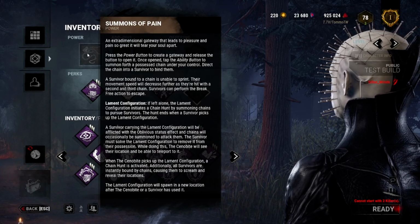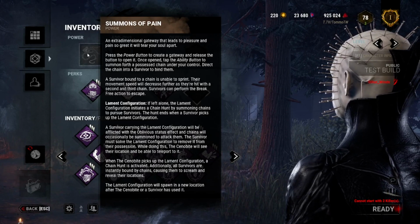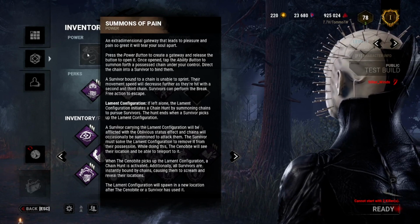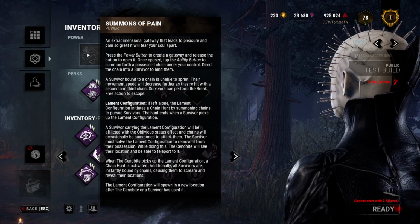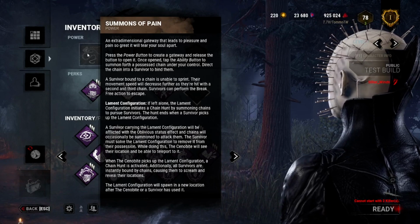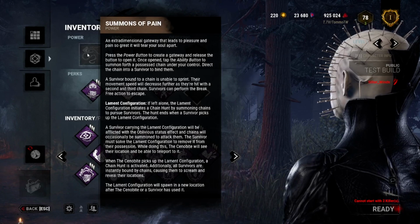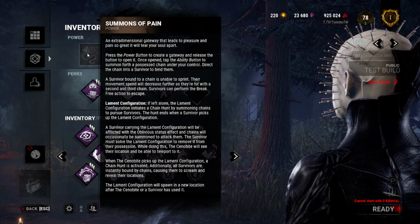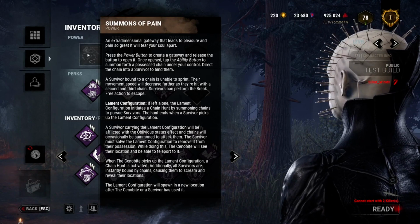So basically, boys, to quickly explain his power, he has this cube. Survivors need to get rid of this cube because otherwise it will start initiating chain hunts, which will summon chains to pursue survivors. But as the killer, you can also teleport to that cube if a survivor interacts with it. But also, your actual, I guess, main power is you can spawn a hook or spawn a chain like a nurse blink, and you then, rather than teleporting there yourself, you'll take control of the chain that you put there,